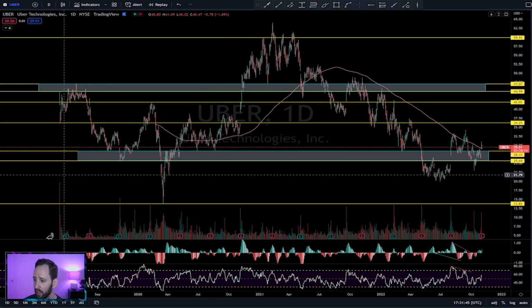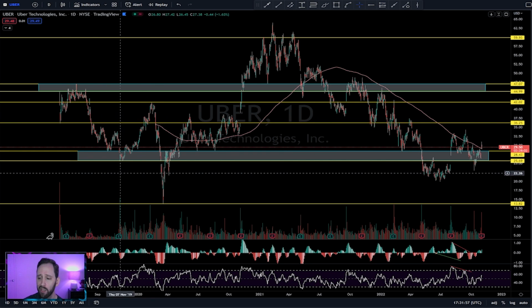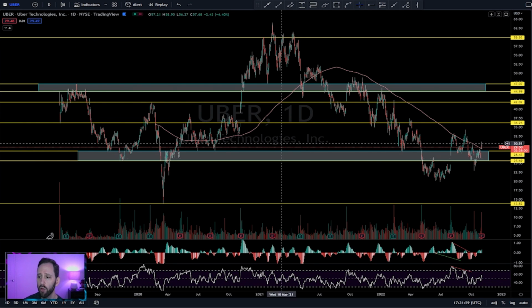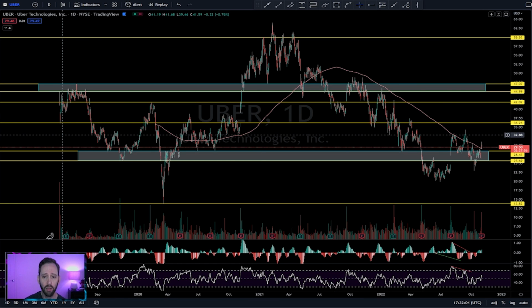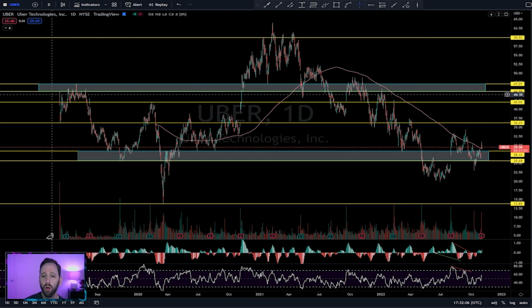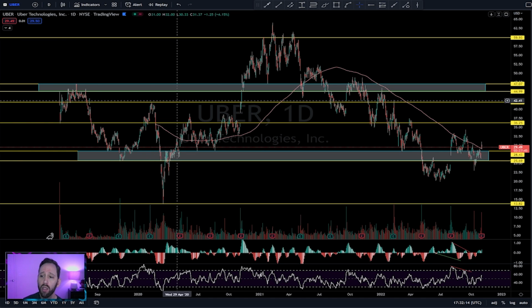So price comes down, tags 25.69 and reverses. You also have here one time in history, price comes down, tags 28.43 and reverses. So early on in this chart's inception is where you want to plot. Just to recap, further back is better, more data is better, and you want to always start plotting trends of historical support and resistance as early in the chart's history as possible, and then work your way